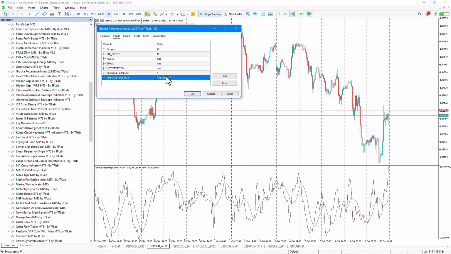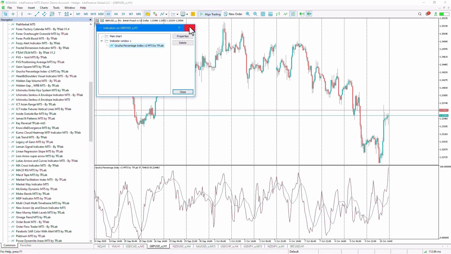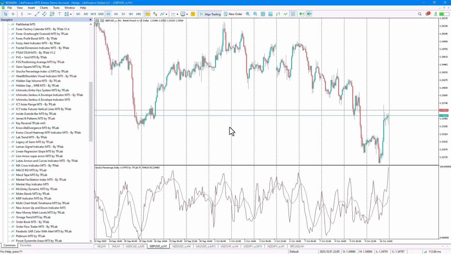In this last section, you can also specify the subject of the alert or enter a custom message as you wish. Well friends, we've reached the end of the tutorial for this